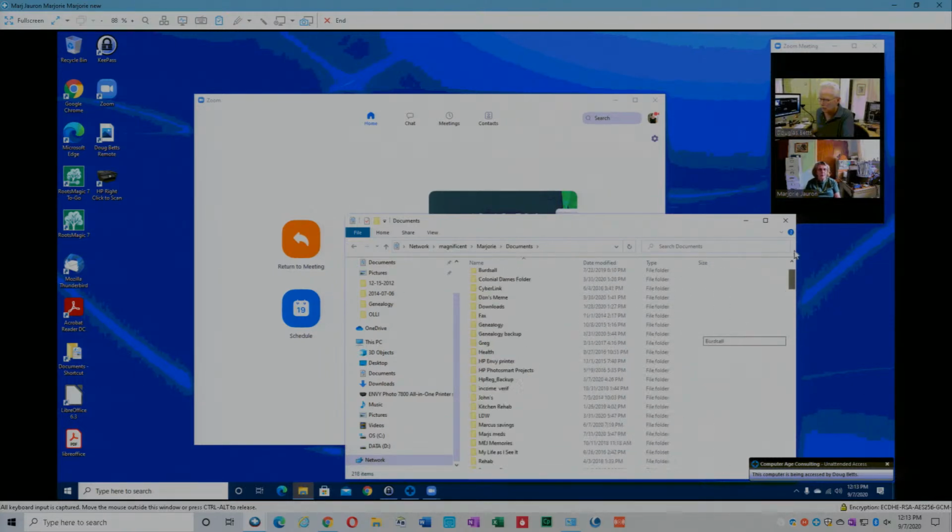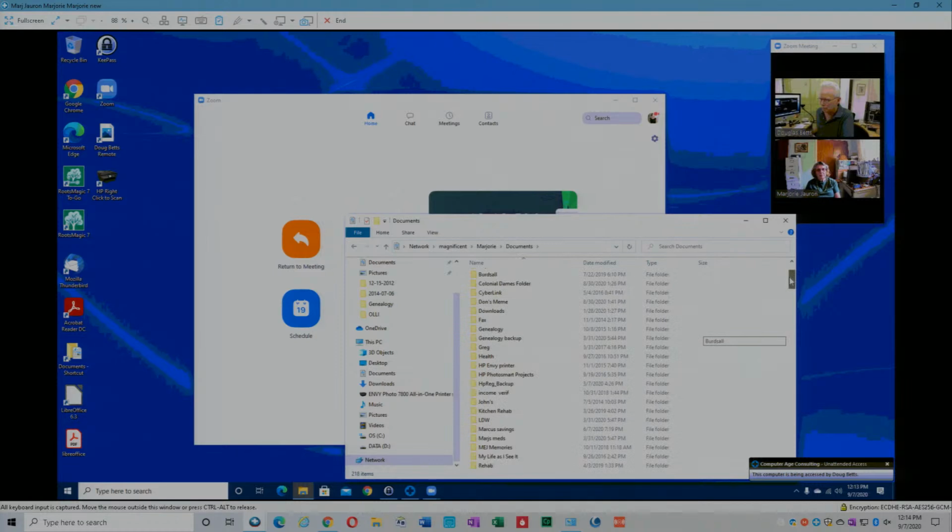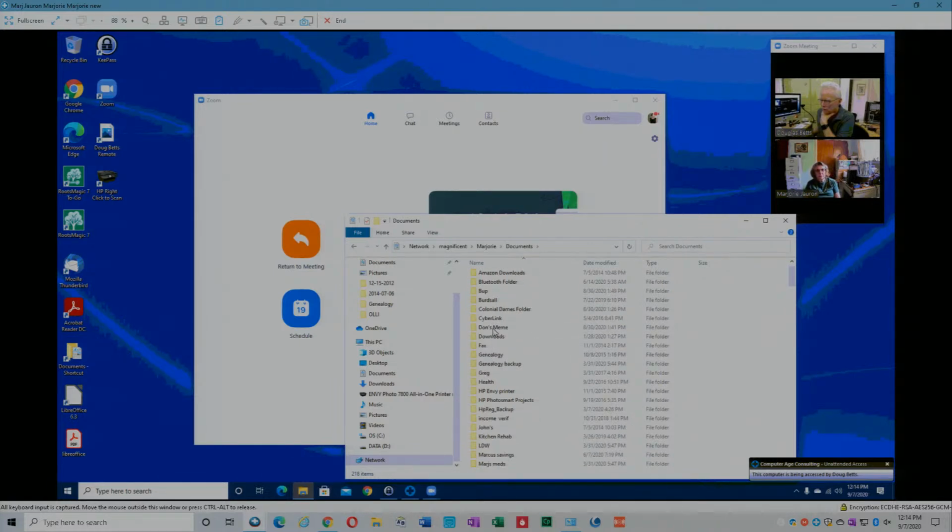All of these yellow folders at the top of the list may have more, but I see a lot of these names like Amazon downloader logs. I doubt that you need that. Right, I know. Yeah, so there's a lot of stuff now. Don's meme, that might be something you want. Yes, it is. Okay. So I think the way we'll do this is I'm going to move this window off